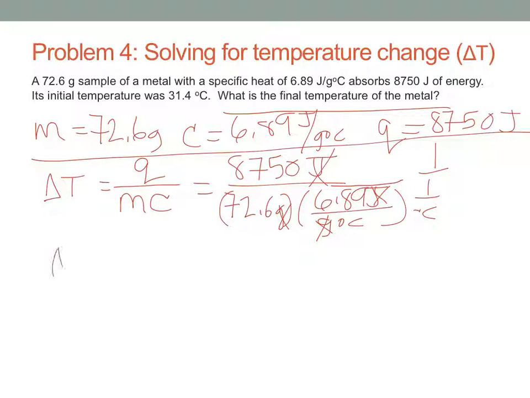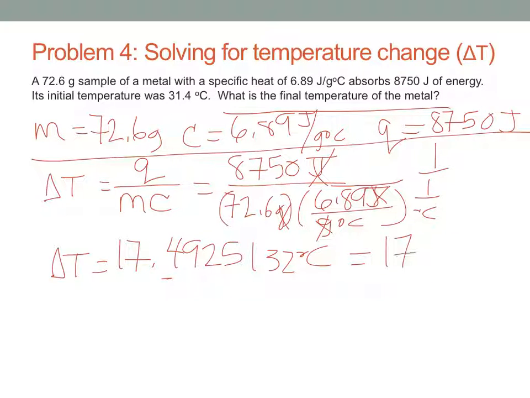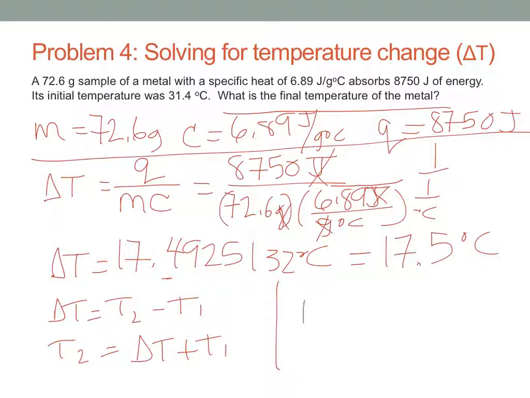So plugging in here, our delta T turns out to be 17.4925132, and rounding that to 3 significant digits is going to be 17.5 degrees C. Now remembering that delta T is calculated as T2 minus T1, that means that T2 is equal to our delta T plus T1. So our T2 is equal to our T1, which was 31.4, plus our 17.5. So T2 ends up being